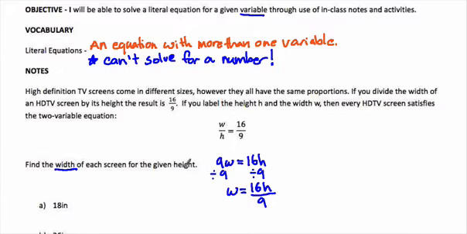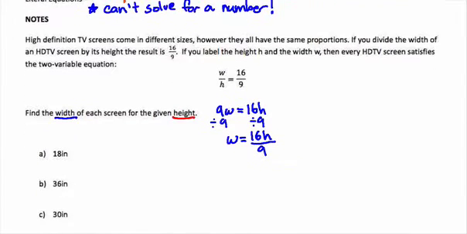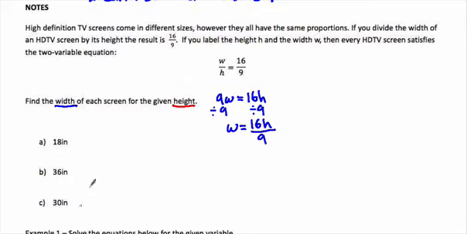Okay, now all of these are heights down here, so we're being given the height, and we're going to plug them into our equation to find the width, because we made this equation that's perfect for finding width. So my width equals 16, I'm going to take out the H and make a home for what I'm going to put in, over 9. And now I'm going to go ahead and plug in